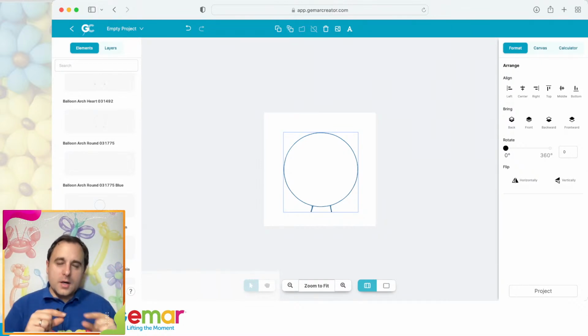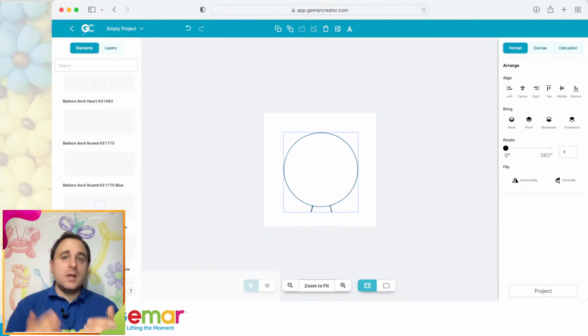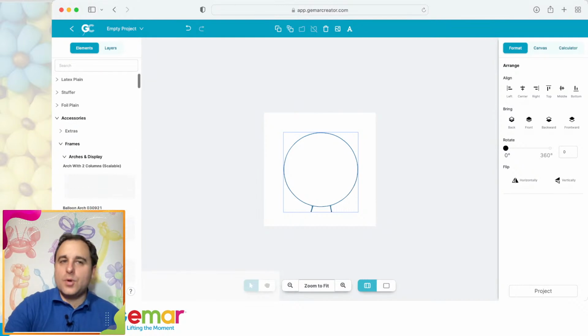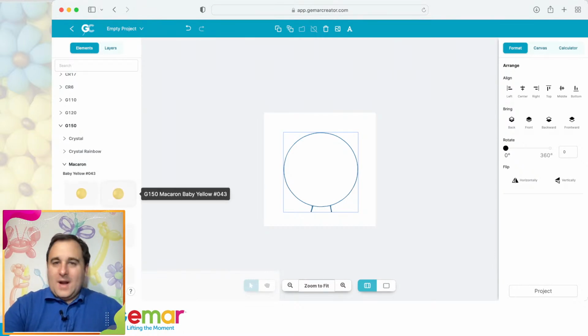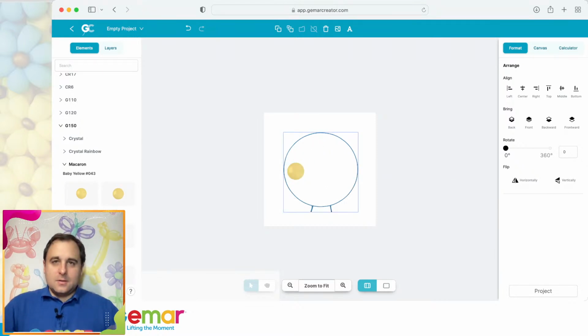Do you remember the green heart? It can be resized because you can bend from aluminium a green heart just as big as you want, or you can create a Christmas tree from aluminium as big as you want. But these pre-made by a factory, these are 2 meter by 2 meter. This is why you can't resize it, because if you just go back to the element, put a plain latex here like a G150, which is 48 centimeters, whatever color, it's exactly size accurate to this